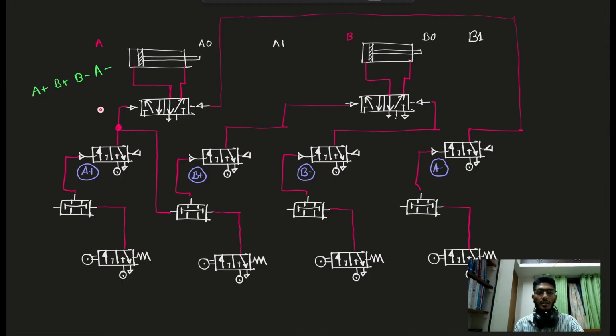Now I have to terminate the previous of A plus, and the previous of A plus is A minus, right? Because before A plus, there is A minus, as it is a loop happening continuously. So how can I terminate A minus? I have to give a signal to this side. So obviously I have to connect this dot to